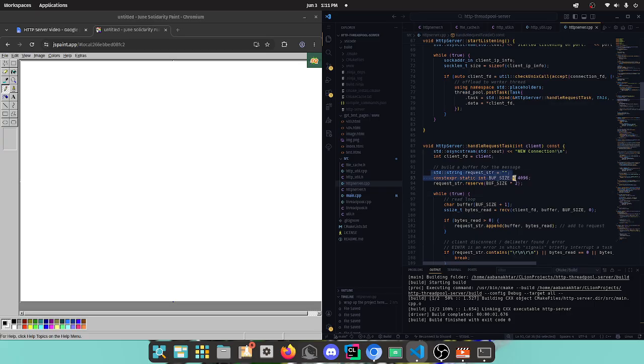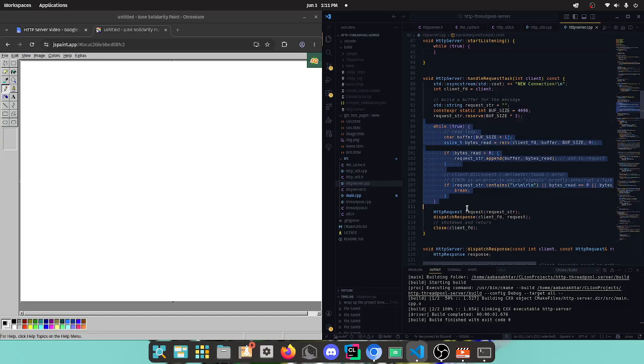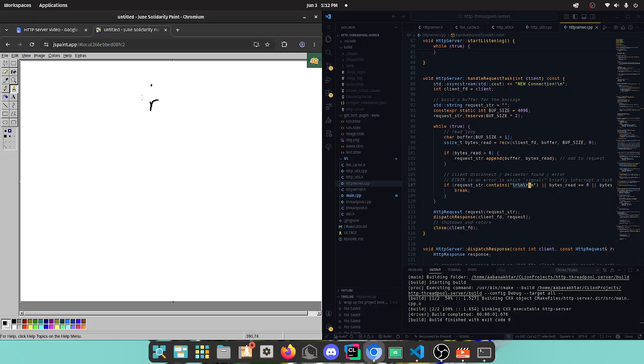So we have a request buffer, and what we basically do is we make a loop out of the read or receive function, and we just receive until we hit a delimiter. Now this delimiter, basically in HTTP requests, every line ends in a carriage return and a new line. And at the end of the header for HTTP,